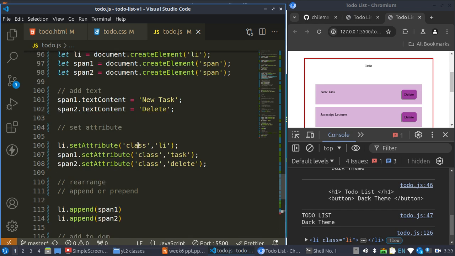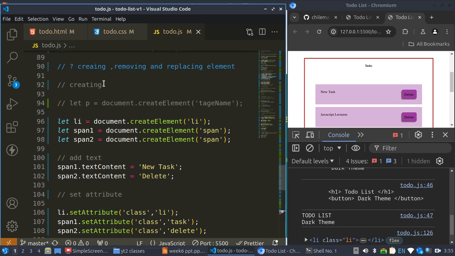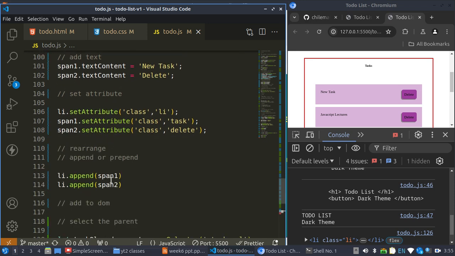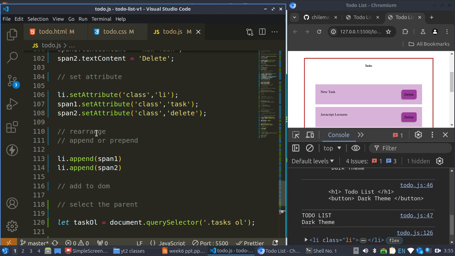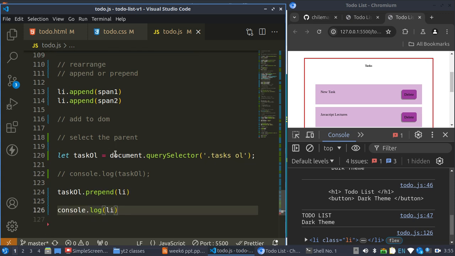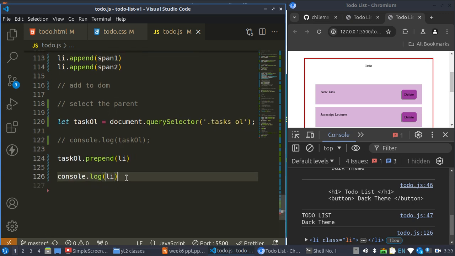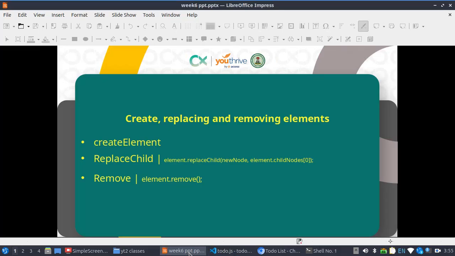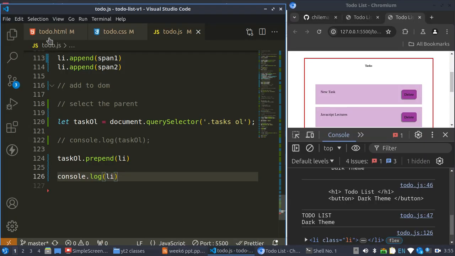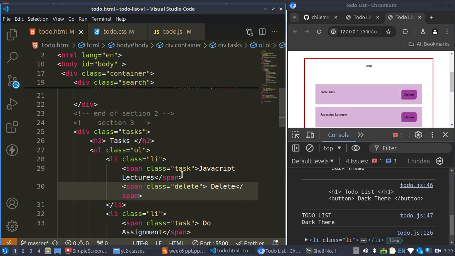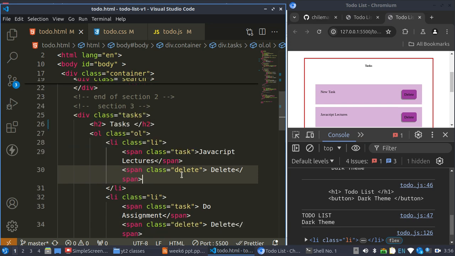So all these steps: you create the element, you add text, you add attributes, you rearrange. Then if you've not selected the parent element to which you want to add to the DOM, you select it, then you add to the DOM. So the next thing we want to learn now is replacing a child. Now I notice here from this DOM here we have